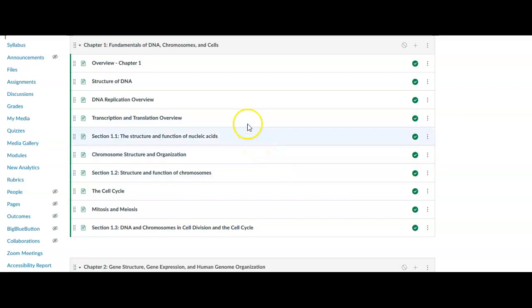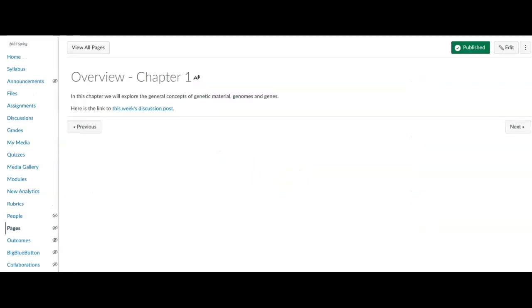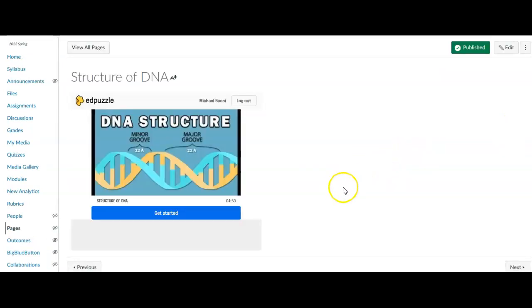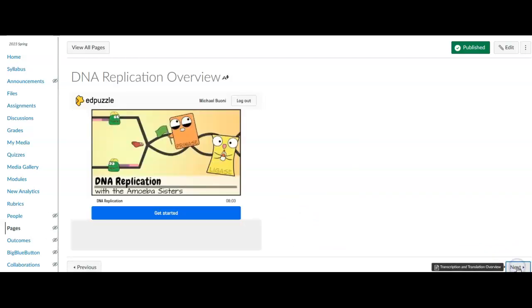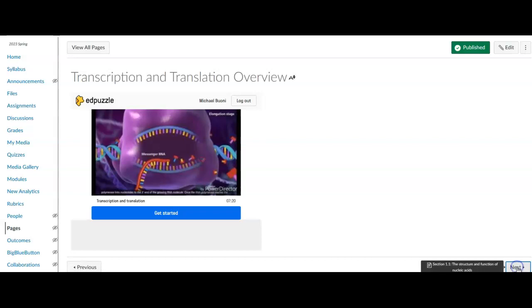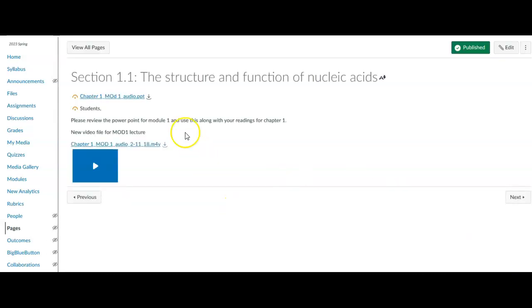So there's a lot of ancillary support for each of the particular chapters or chapter assignments that you might have. So if I were to just click on this overview of chapter 1, and I go down the line with some of these things, you're going to see that there is a short video here. They're not just videos, by the way, they're interactive. You answer questions in them. This is free. This is Edpuzzle. And so these are just kind of fundamentals as I go down the list. There's a couple more, and then we have, of course, the actual section 1.1 audio annotated PowerPoint,